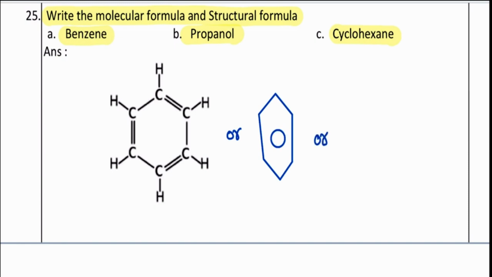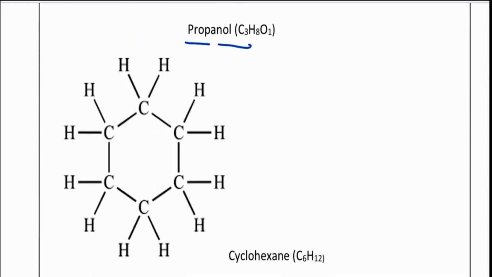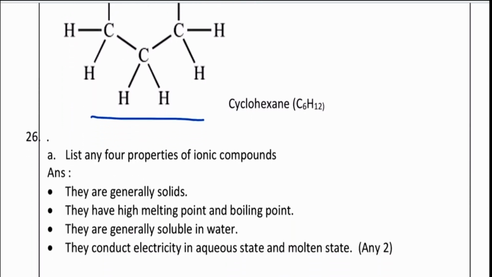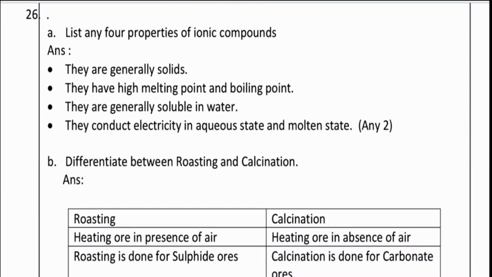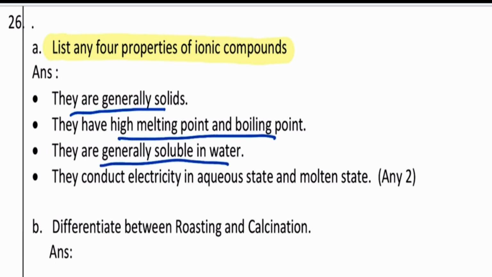Or like this. All are the same. Next, this is propanol and this is cyclohexane. Next question. List any 4 properties of ionic compounds. They are generally solid, they have high melting point and boiling point, they are soluble in water, they conduct electricity